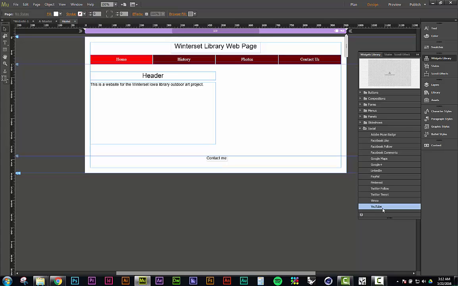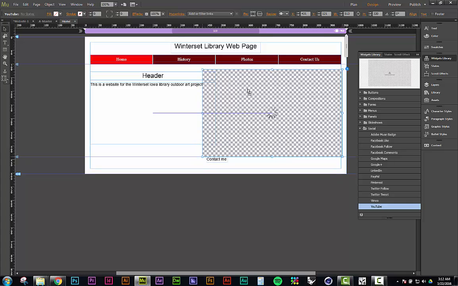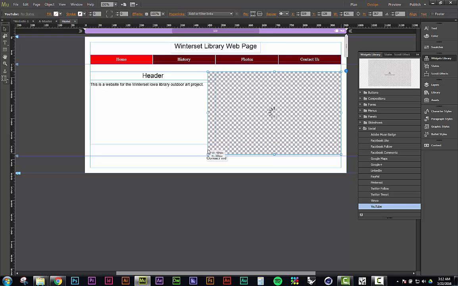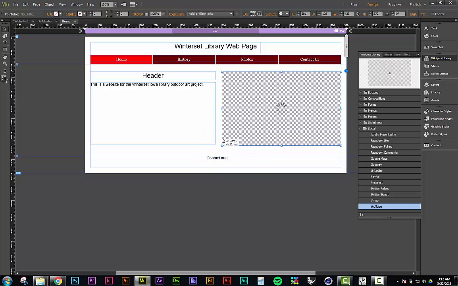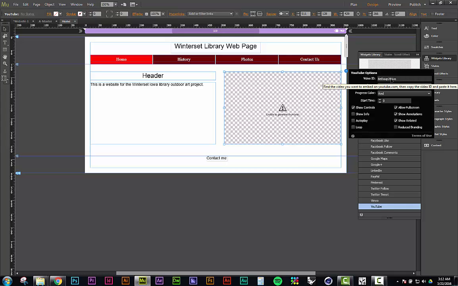And if you click on YouTube and drag this in here, you can see it'll begin to create a video. And we will shrink this down while holding shift so that it stays proportional. Line this up right here with this. We will click this button here. It gives you the video ID, the theme, the progress color, the start time. You can have the controls on the video, the info about the video. You can have the video automatically play. You can have it loop, allow full screen on your page, show the annotations, show related videos afterwards,